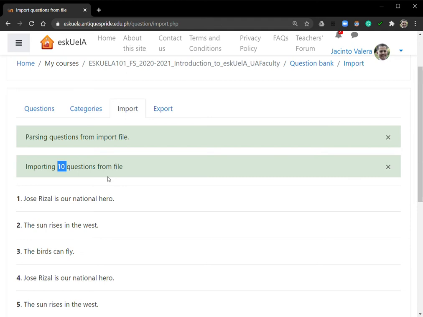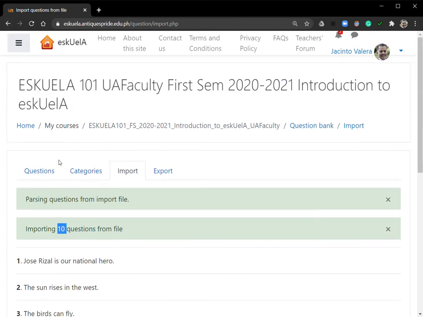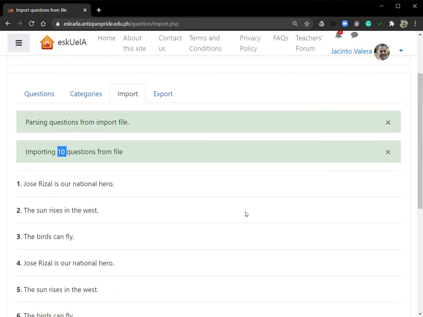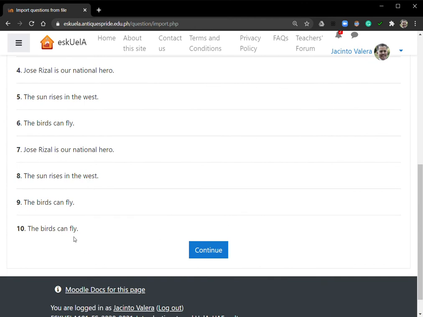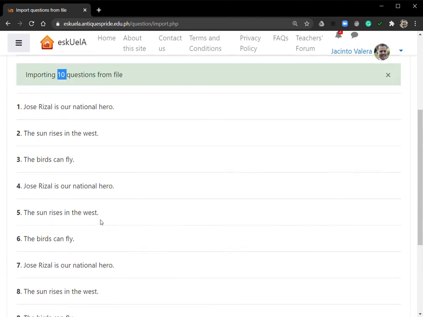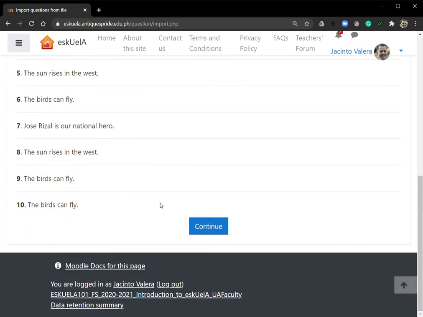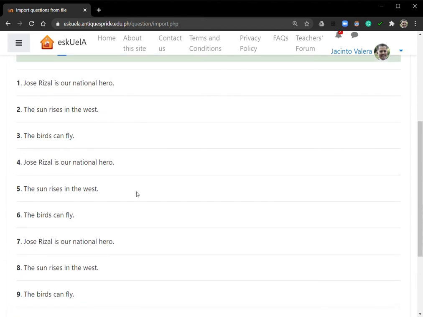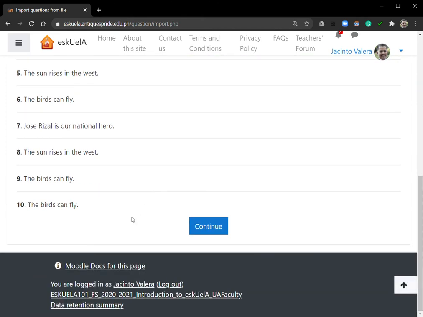So all you need to do is to go back, click the back button here or select any other link, and then edit the file that you have imported there. Try to locate what the error in the formatting is. Okay, so assuming that you have 10 questions in place here and they are all in correct form, click Continue,